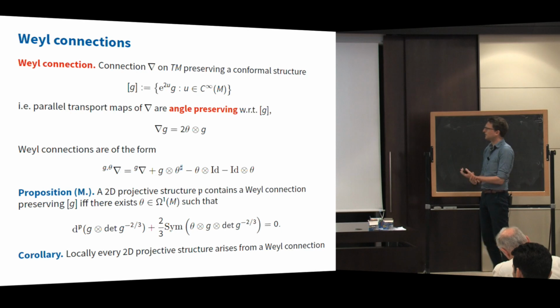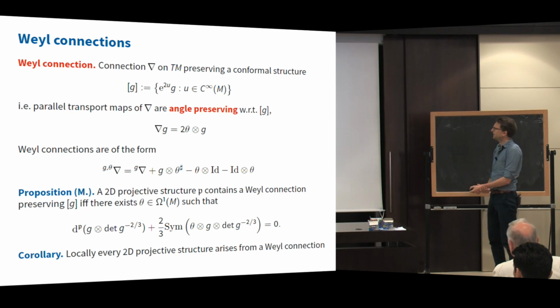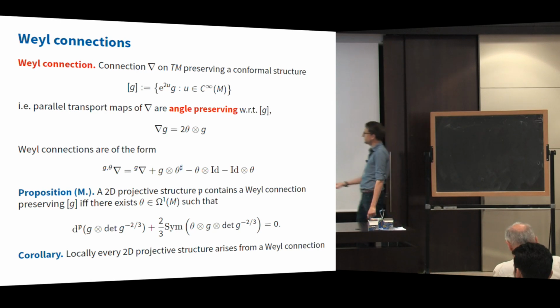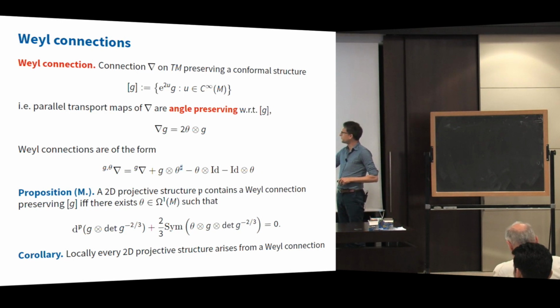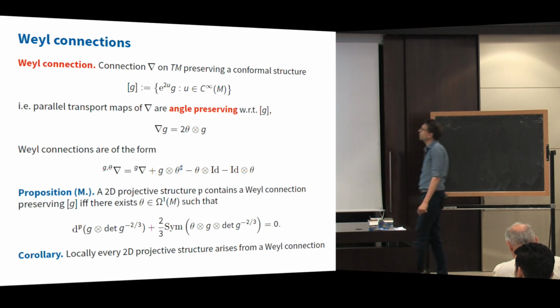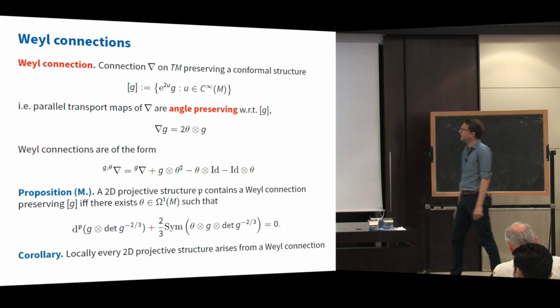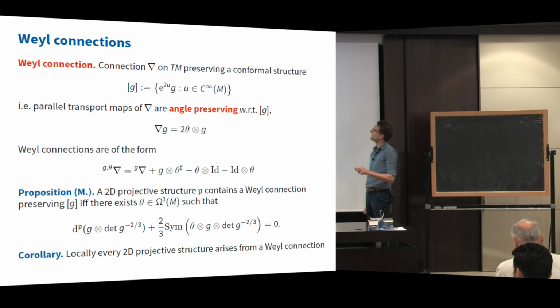Okay, but it turns out this PDE problem actually nicely connects to complex geometry and holomorphic curves. And this is not really, I would say, the nice way to write this as a PDE, because first of all, it's a PDE for a representative metric. It would be nicer to directly write down a PDE for the conformal structure. It would be more pleasant. And so how do we do that?